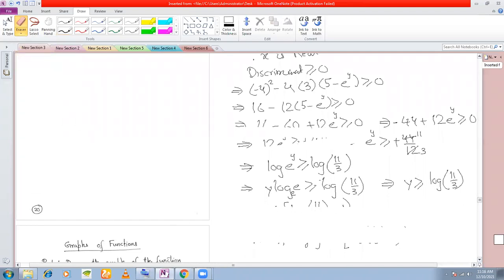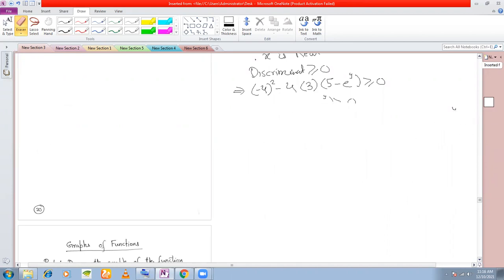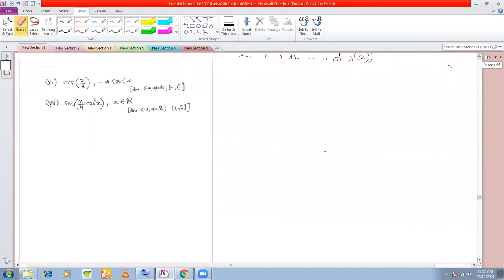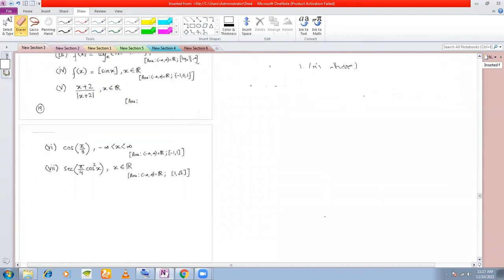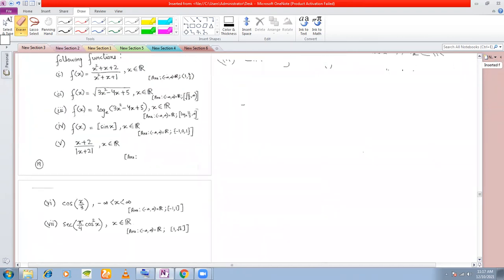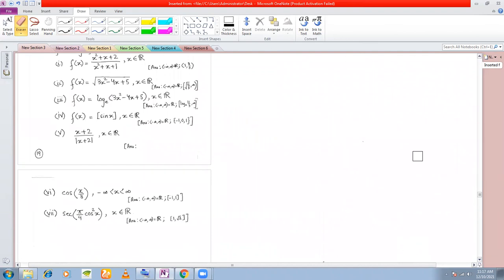Okay. So if you see, the technique to find the range is the same for all the questions. As long as you get the domain as the set of real numbers, finding the range is not a big deal. But what you see in all these problems that I'm solving, that in order to find out the range, you will have to determine the domain. And in most cases, 90% of the cases, the domain comes out to be the set of all real numbers. Otherwise, it will be difficult to work out the range.